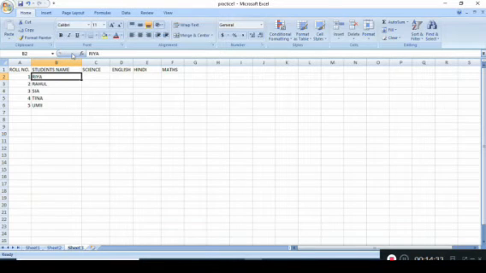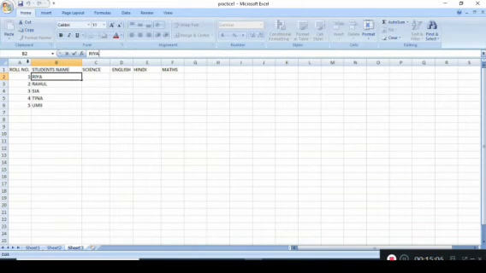Now let me tell you one more thing. Nearby the name box, you can find here, this one is the cancel button, this one is the enter button, and this is the insert function. Function means whatever kind of data you are writing here, you can write from here also. Okay. So this way we can enter our cell data.